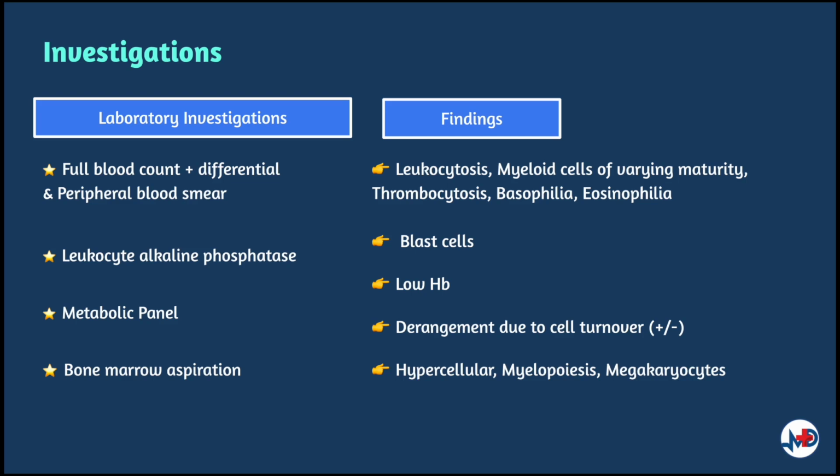A full blood count and peripheral smear will reveal leukocytosis with a mix of mid-stage cells, which are myelocytes and metamyelocytes, and mature cells, thrombocytosis, basophilia and eosinophilia, blast cells, which can indicate transitioning into an accelerated phase, and anemia. Further lab studies may include leukocyte alkaline phosphatase or LAP, which may aid in differentiation between subtypes of leukemia and leukemoid reactions. A metabolic panel may or may not reveal any abnormalities. Potassium, LDH, and uric acid levels depend on the rate of cell turnover. A bone marrow aspiration is indicated in all CML cases.